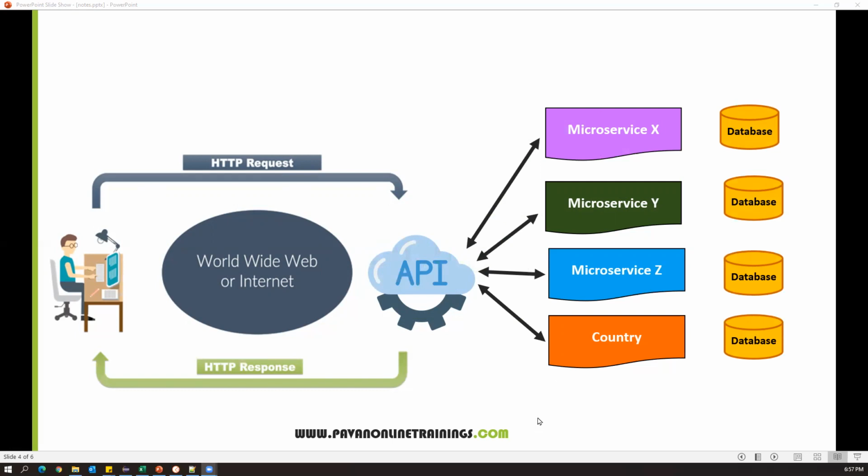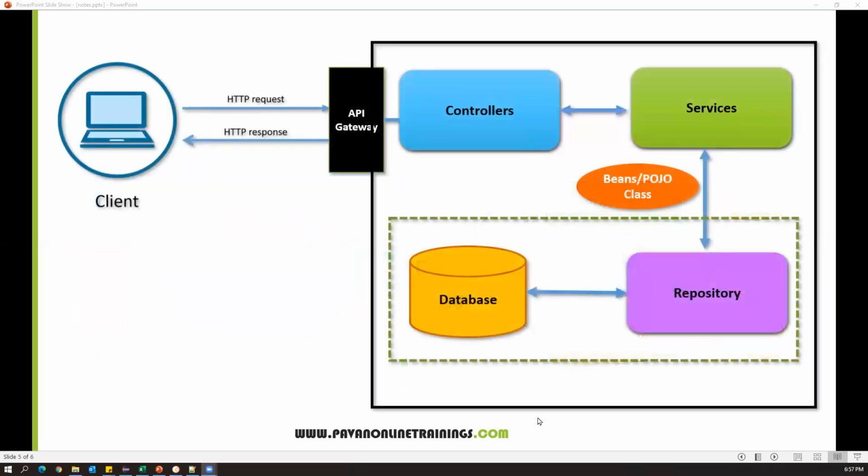So here, if I go through the detailed architecture of Spring Boot, how we can develop the microservice in Spring Boot, the first step is we need to develop the microservice. And once you develop the microservice, then we will see how we can access that service and get the benefits out of it by using API endpoints. Okay. So if I look at this, here I have a client, which can be either a mobile application, or a web application, or any client application through which we will send an HTTP request. And through the API gateway, the HTTP request will go through.